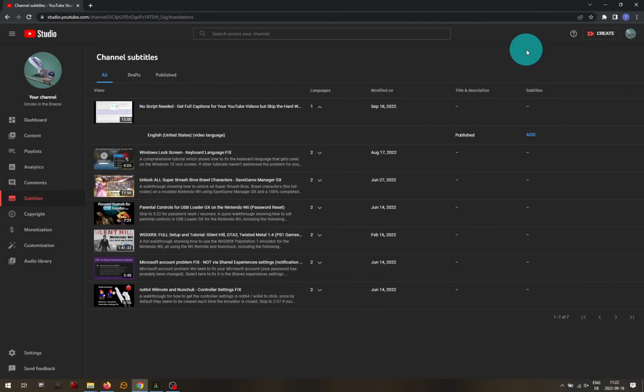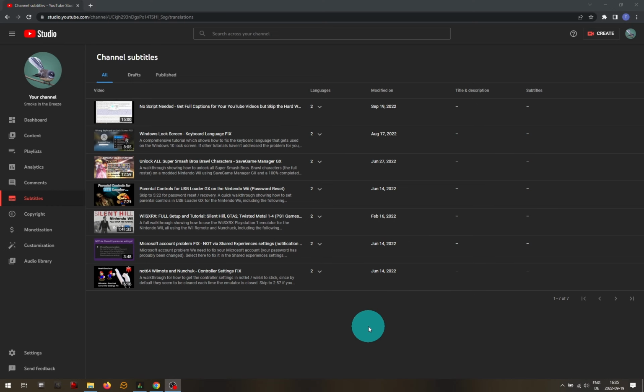So I'll close this. And now I just need to wait. Automatically generated subtitles will show up, but they don't show up right away. So I just need to go do something else for a while and come back when that process has been completed. And notice that under the languages column, it still just has the number 1 here because we haven't added any other languages. When we come back later and the automatically generated captions have been completed, that number will increment to 2. And that's how we know that the process has finished.